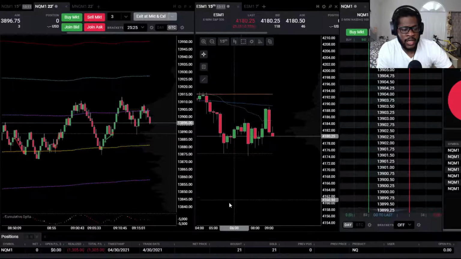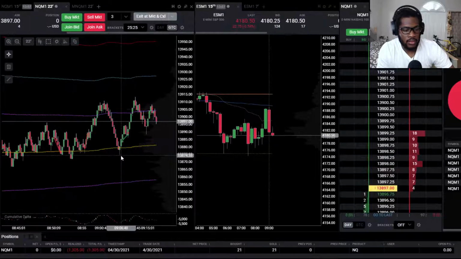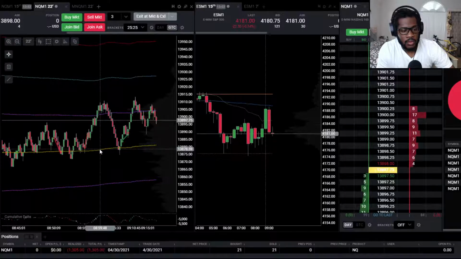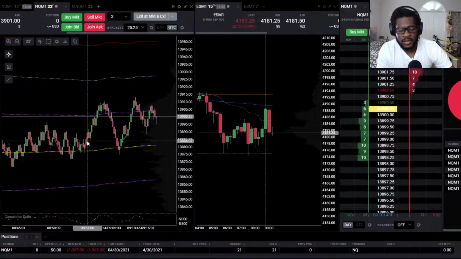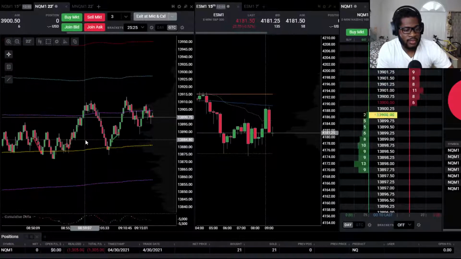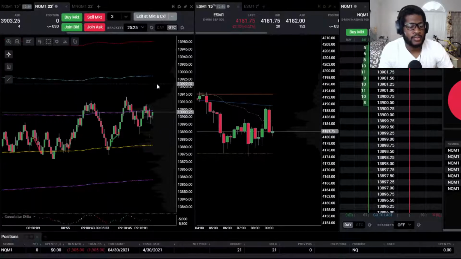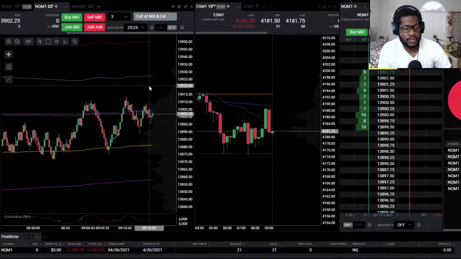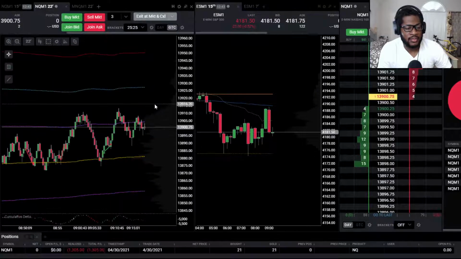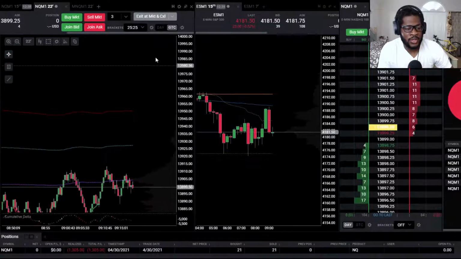Yeah, seeing the ES come down. Let's see if this turns into the start of a downward push, or if buyers just start coming back in and rockets this thing back up. I think one more big push on the day will probably force us to start rotating up towards 14K.